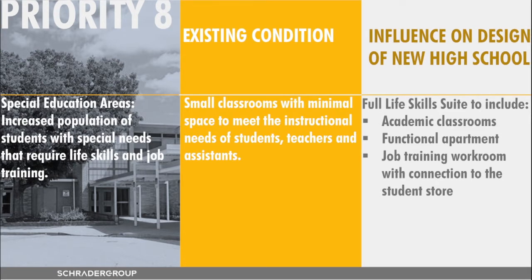And then finally, special education is one of the areas that, as we all know, those programs have grown in all of our schools, and it takes a lot of square footage because there's a lot of staff that goes along with that. It's not just the teachers, there's aides, there's one-to-one assistants, and there's a lot of things that they need to do in some of those programs where we have life skills and job training happening. So again, like I've said multiple times now, we make the best of what we have, but if we